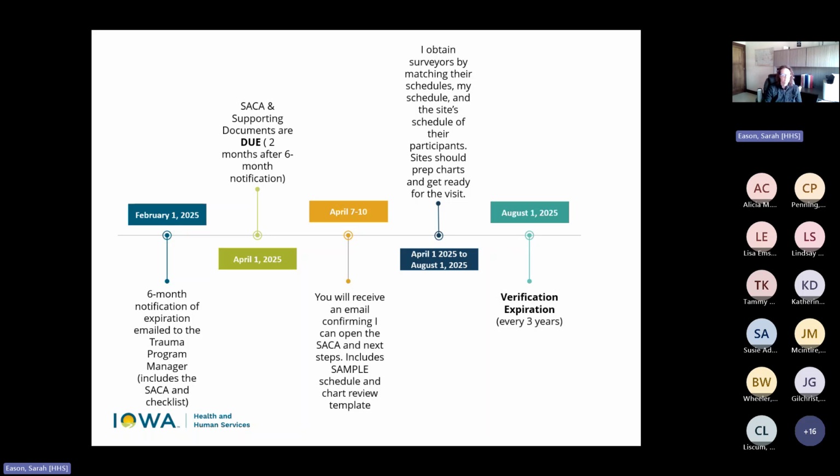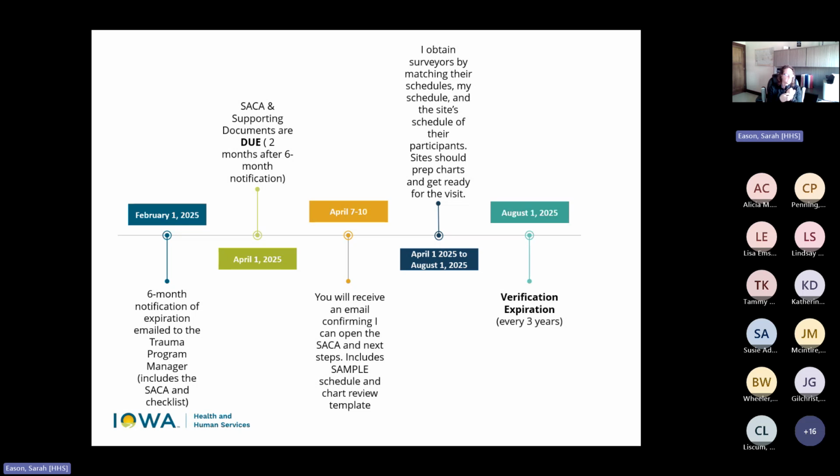I would ask for some grace from all of you when we are doing this. I appreciate anybody's flexibility as well. Remembering if you take the 100 and whatever 14 hospitals that I'm verifying on a 3-year cycle, there's anywhere from 2 to 6 hospitals each month. So I do appreciate some grace when I'm trying to get these scheduled. So that's what's happening in that 4-month time period. We settle on a date. We start to get some things settled.